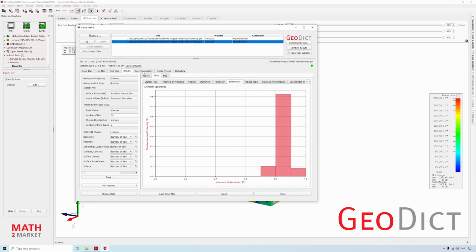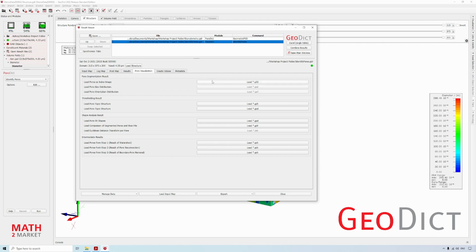If we go to pore visualization and click on Load G32, which loads the pores as an index image. So in this index image, each pore will have its own number. Pore number 1, 2, 3, 4, 5, until pore number 17. Click on Load G32 and OK.